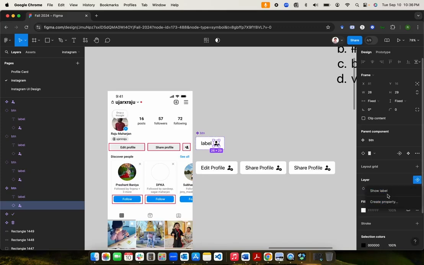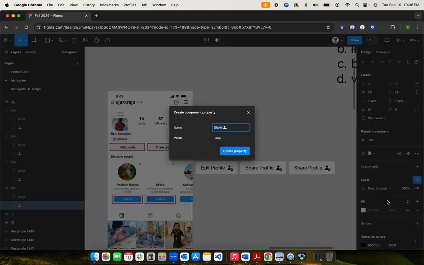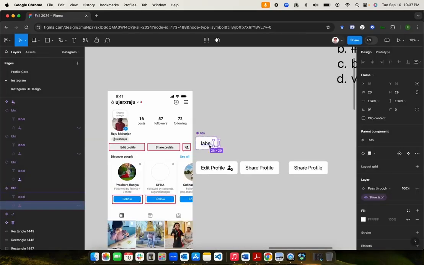It says show label, no, we don't want show label, we want to say show icon. So create a new property, show icon. By default we want to say false, so by default we don't want to show the icon. Create property. So you see, by default the icons are gone,